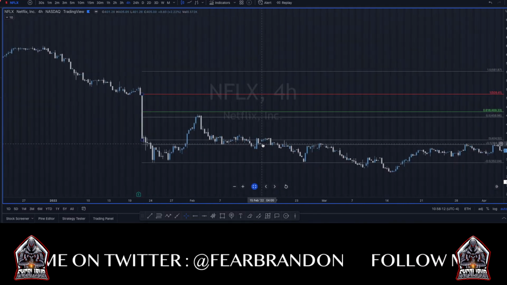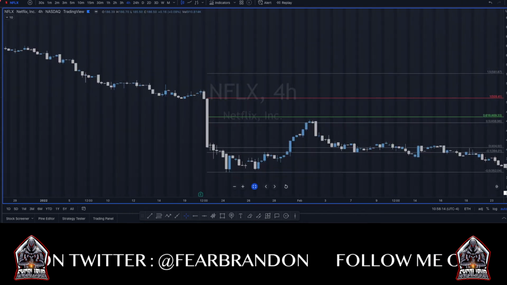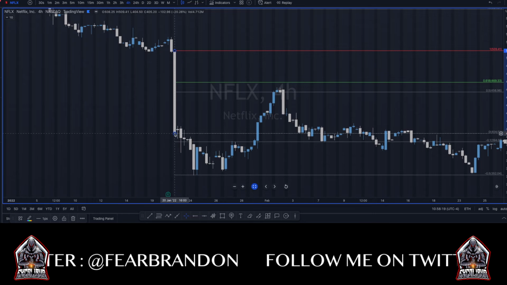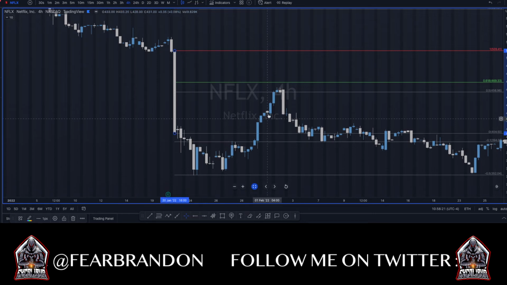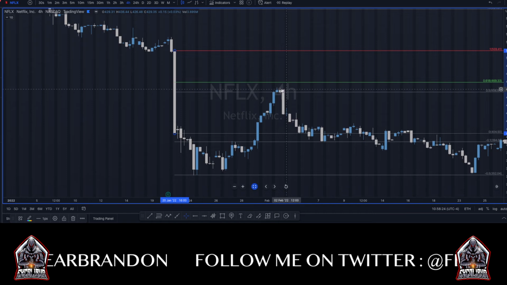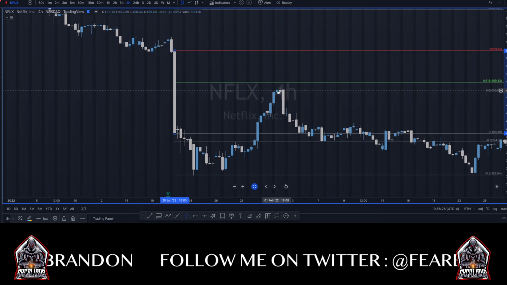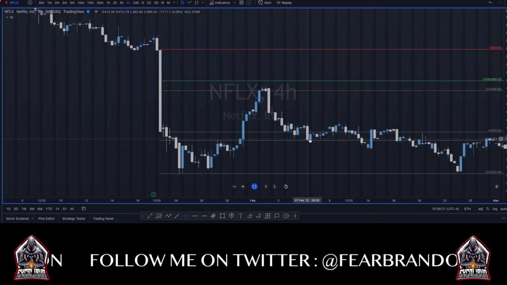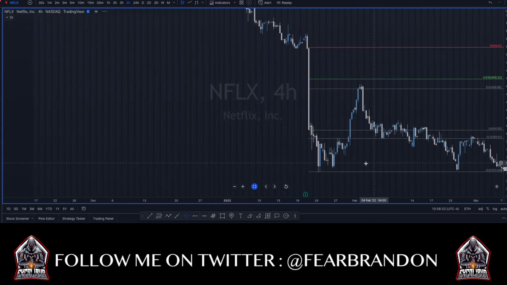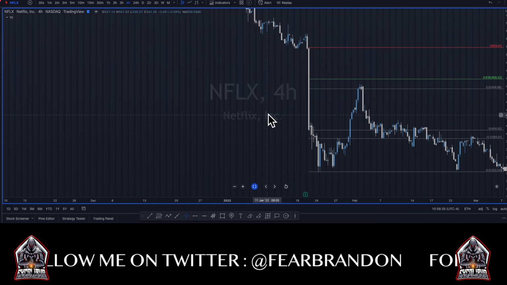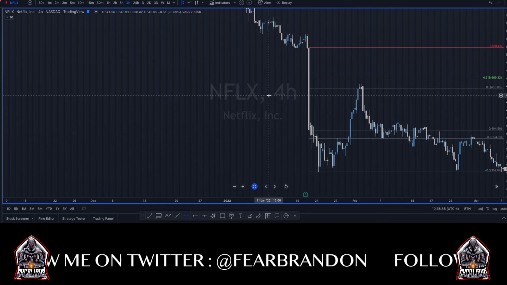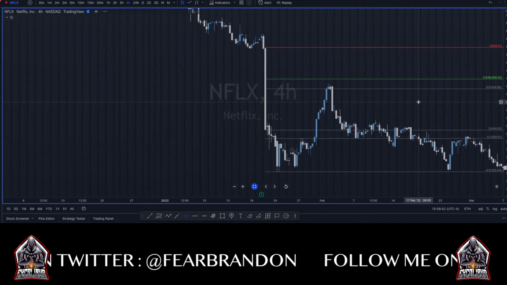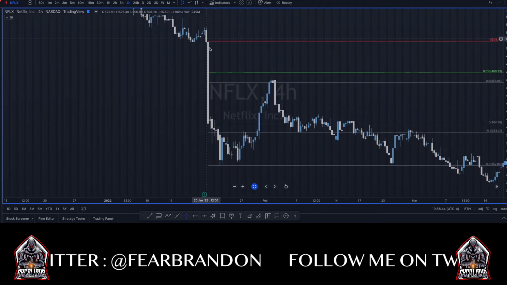Netflix, this is one of the best examples I like to show people on this. You have this huge 4-hour candle. They were able to push the stock all the way back to that 0.5. And then where does it go after that? They just drop it all the way to the 0.5. Look at that bounce. Fibs do work out. Definitely add it to your multiple strategies you want to adapt into your supply and demand. But especially with these